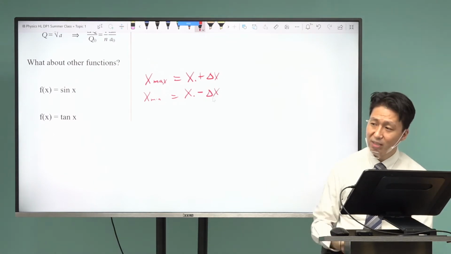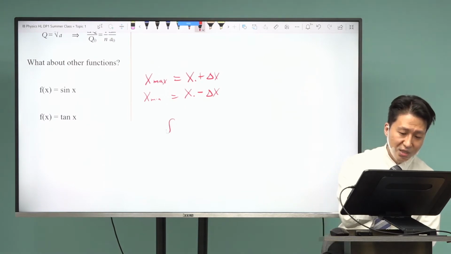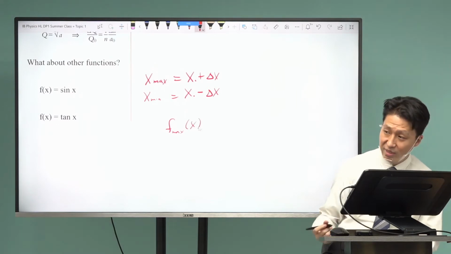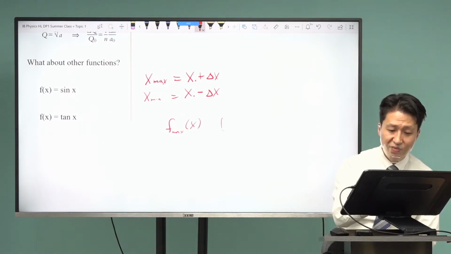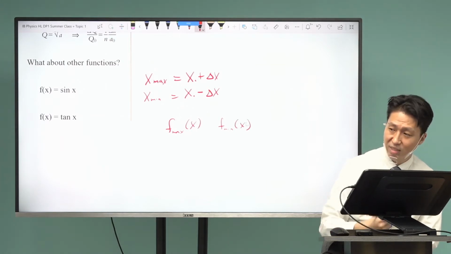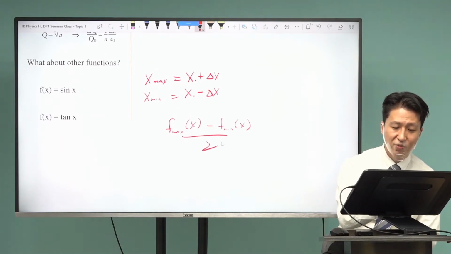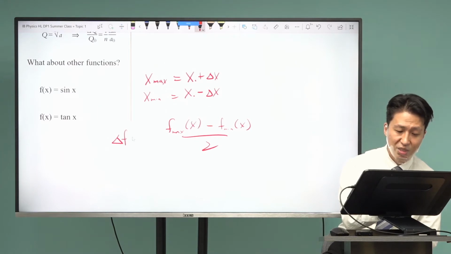And you plug them in, and you're going to have a maximum value for a certain value x, and a minimum value for the same x. Subtract, divide by 2. This is your uncertainty of the function,